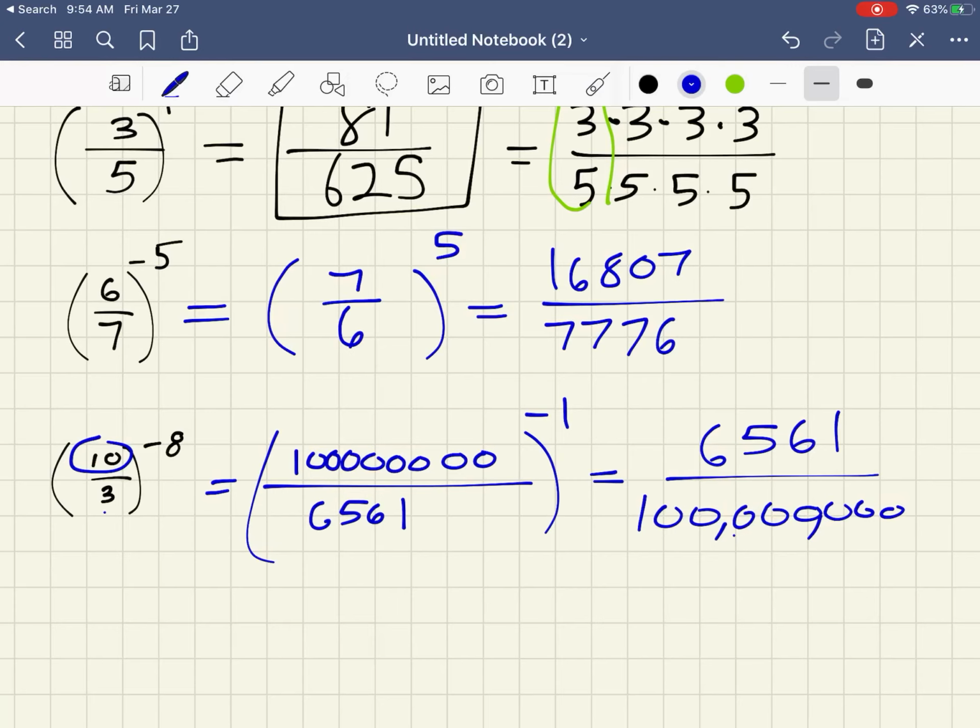Yes, 100 million. So it's 6,561 hundred millionths. It's quite a fraction too. We could write that as a decimal, but I much prefer that number. And that's what you do when you see a fraction to an